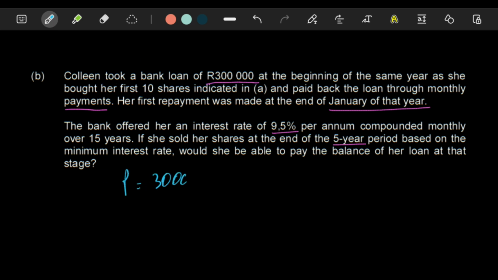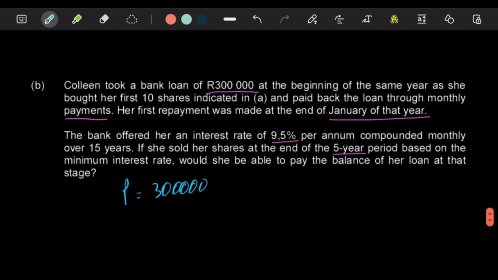So P is 300,000 at the beginning of the same year, in January, when she bought her first shares. Here we have to work out what her monthly installments are. We don't know that. Interest rate 9.5% per annum compounded monthly, and n is 15 times 12. So we have to work out her monthly installments if she's going to cover it over 15 years,